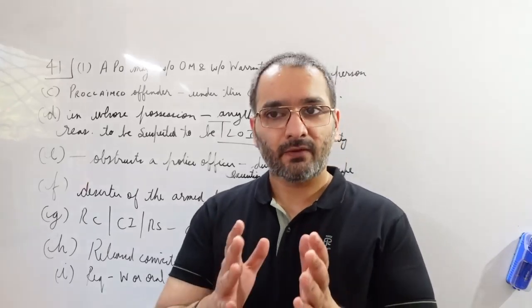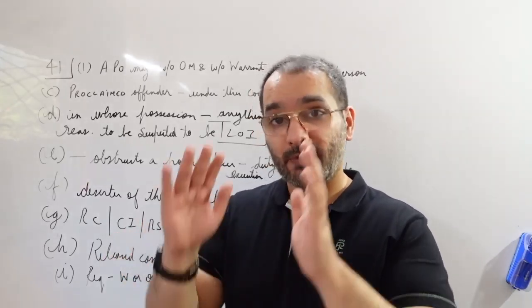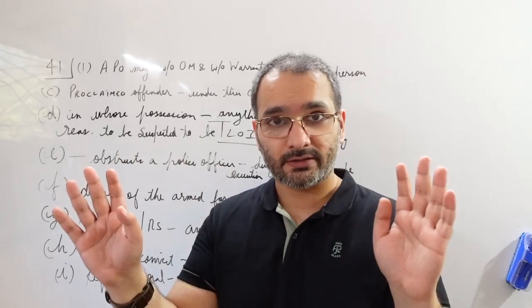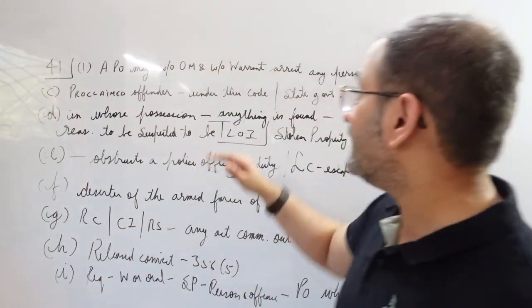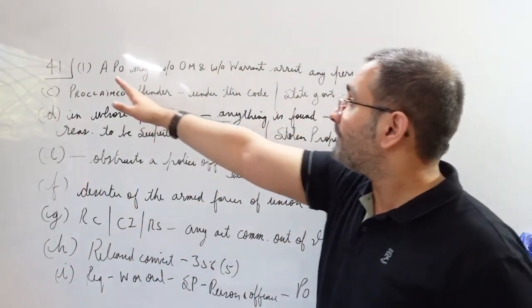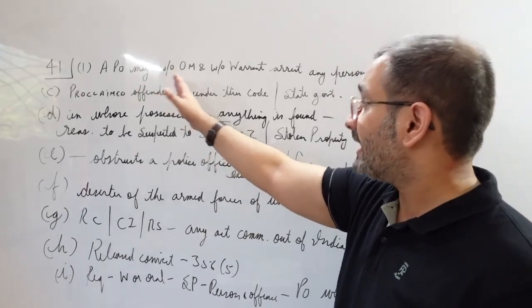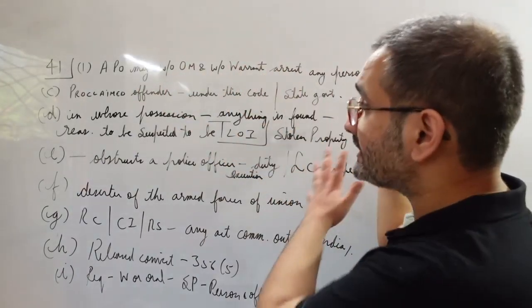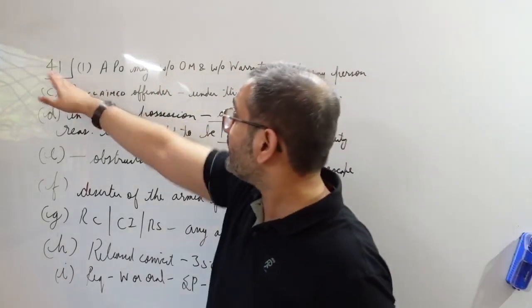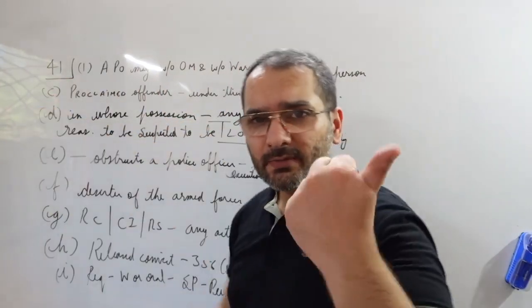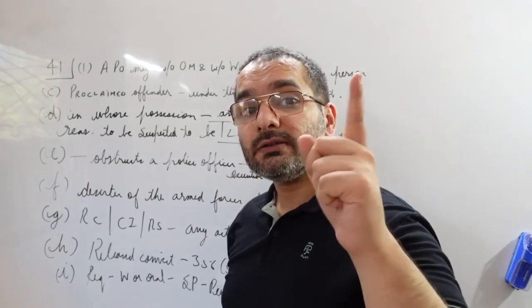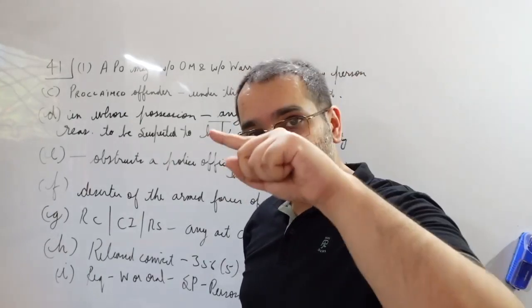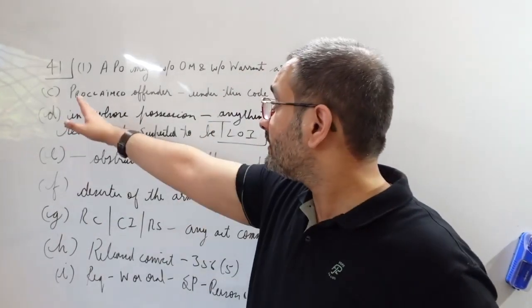नमस्ते. Now 41 subsection 1, अभी भी हम वहीं हैं, कहीं इधर उधर गए नहीं, right? Continuing from where we left off, again, a police officer may arrest without order of magistrate, without warrant, arrest any person. That's the correct language. 41 subsection 1. Now we clause C. Previous video clause कौन सा था? Subsection 1 clause BA. Now we are in clause C.